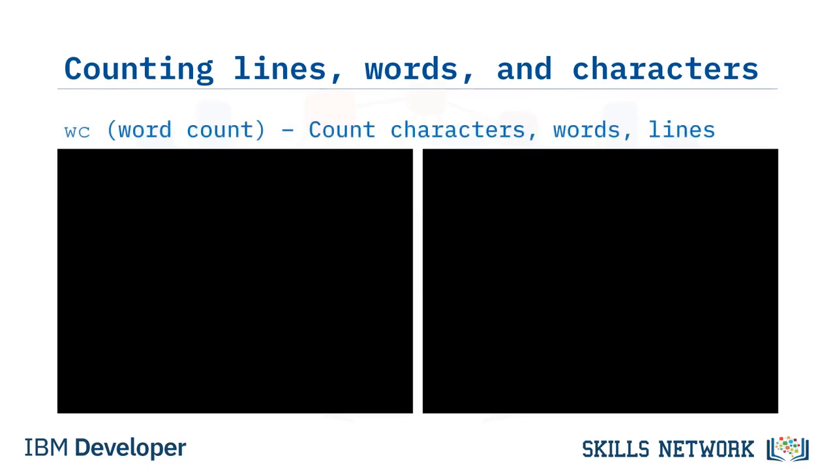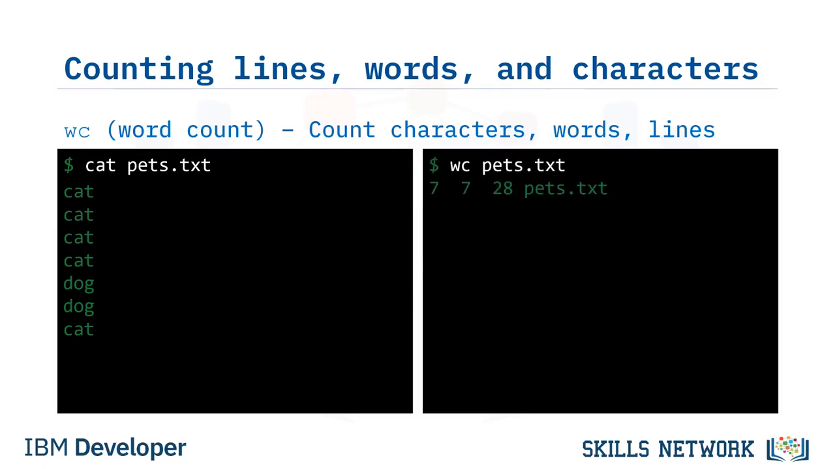You can use the wc command to count the number of characters, words, or lines in your file. Imagine you have a file called pets.txt. Entering cat pets.txt shows that the file contains the word cat or the word dog on each line. By entering wc pets.txt, you get the result 7 7 28 pets.txt, which means that your file contains 7 lines, 7 words,